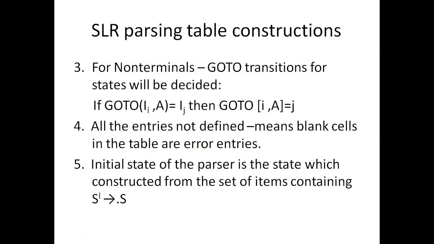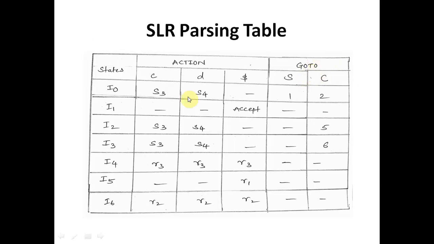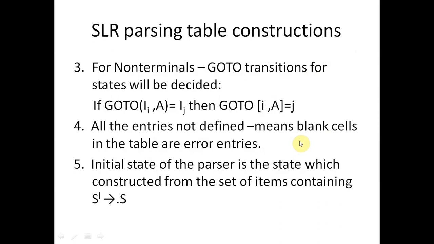Now we'll go for the goto part. The goto part takes care of a state on receiving a non-terminal, where it is making transitions. That's it. So for non-terminals, goto transitions will be taken care of. A state, we are writing about goto, means just transitions. On a state receiving non-terminal capital A, where it is making a transition, that we have to see, and then we have to set into the table that particular state on the non-terminal as just that state number.